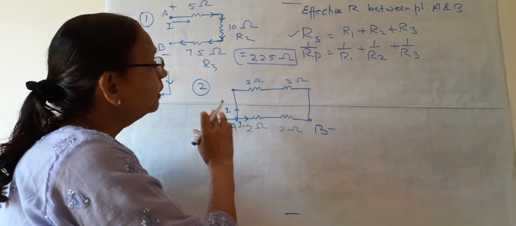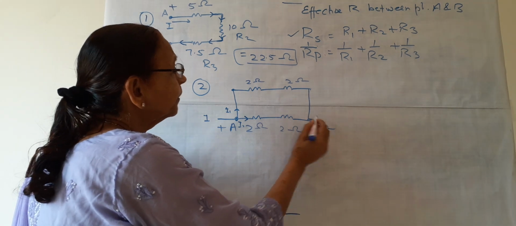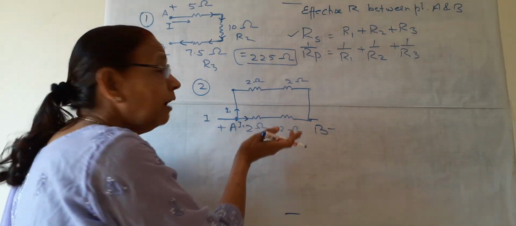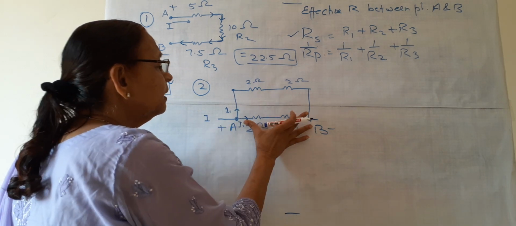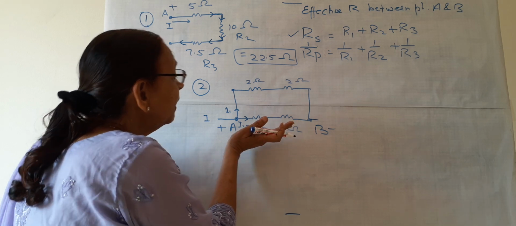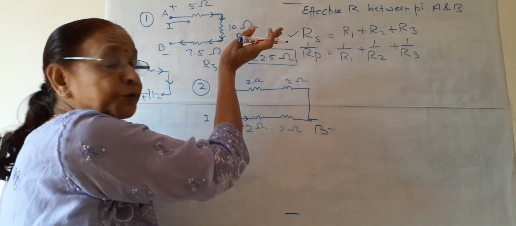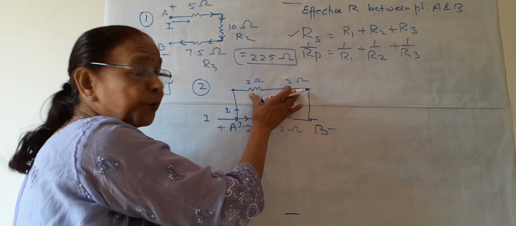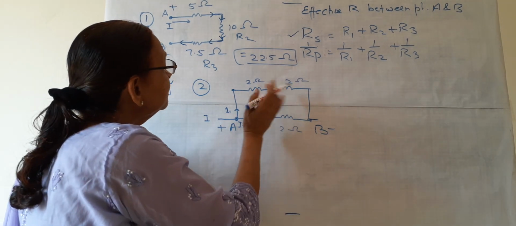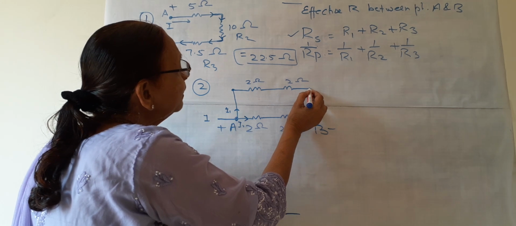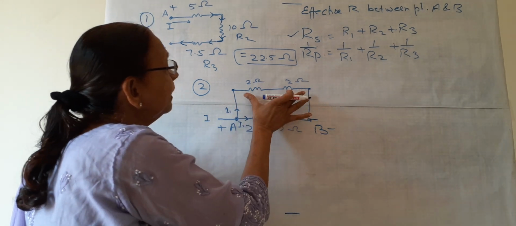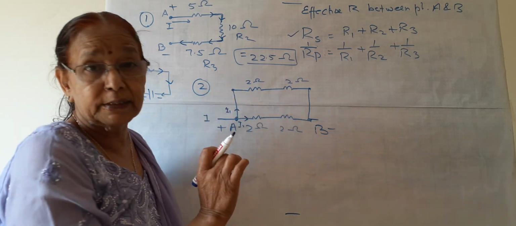When we calculate such circuits, we go away from the points. Look at the middle two points and go to the farthest point. So we will see the farthest one. Now suppose this is one point and this is the other. These two resistors are in between the same two points.